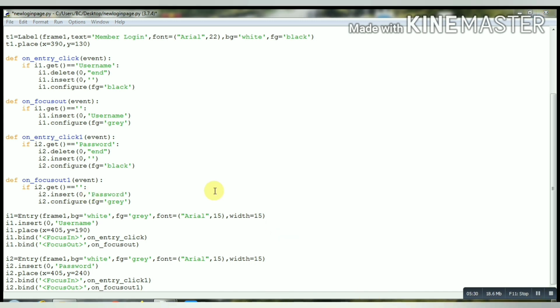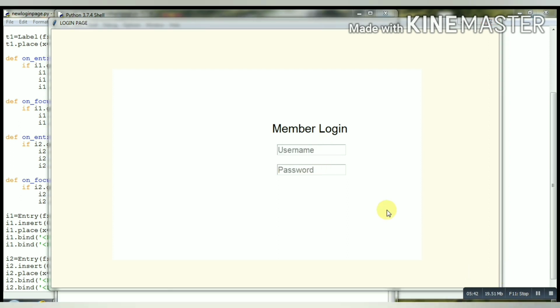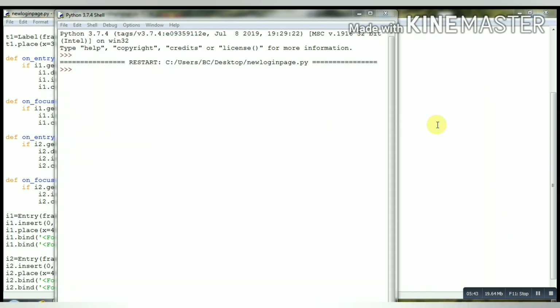Now let's try how it looks. As you can see, there are username and password; if you click on the password, the username remains the same and the password remains the same.